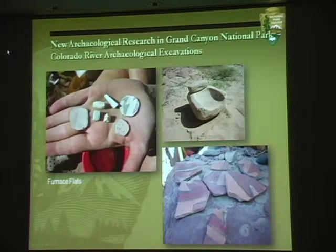What they were doing is fashioning jewelry pendants from them. And so in the house we found where they worked the material. We found every stage that a piece would go through to fashion one of those pendants, all the way from the raw material to some of the complete pendant pieces that would have been used as jewelry. Pretty fantastic, and it tells us that in this one village that people weren't there seasonally, or they